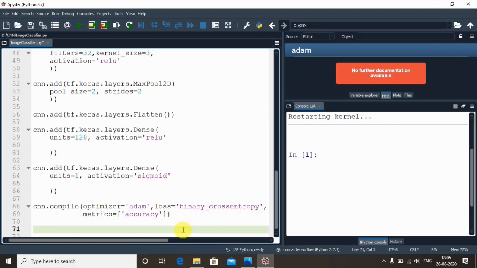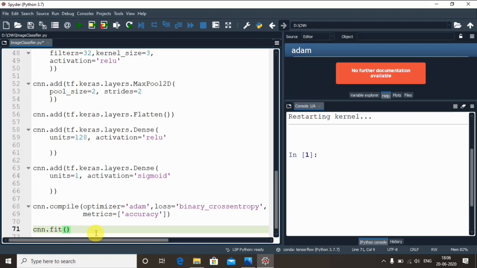So what are we going to do next? We have to train the CNN on the training set and evaluate it on the test set. The first step is to take the cnn object, from which we call a method called fit. The fit method will train the CNN on the training set. The inputs we take here are three parameters: the training set, the test set, and the number of epochs.